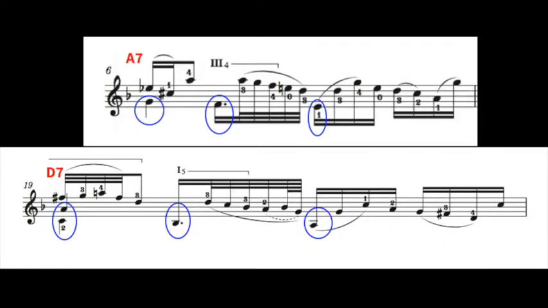Now from here to the end I've written in some chord names just to make it easier to talk about. But you see at measure 19 there's a D7 with a C in the bass, and there are two notes circled there. So again, that C is a note that Frank Kuntz and I added. Bach only has the A and F sharp there. But if you look at measure 6, you can see there's a nice descending bass line. There's an A7 with the 7th in the bass, and it resolves to the third of the next chord, the F. And so you would ask yourself again, why didn't Bach do that at measure 19 and put that C